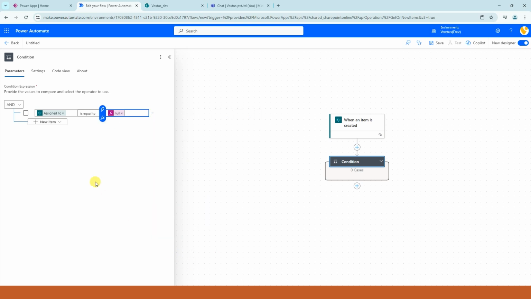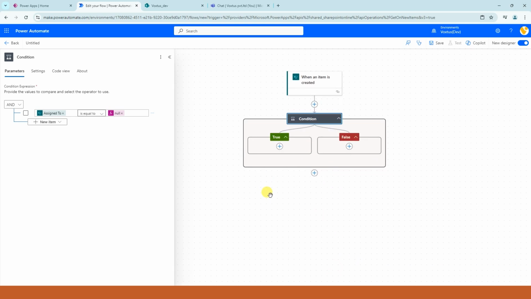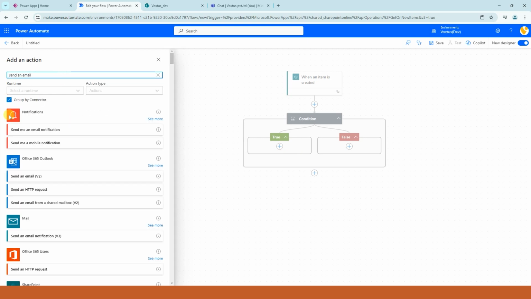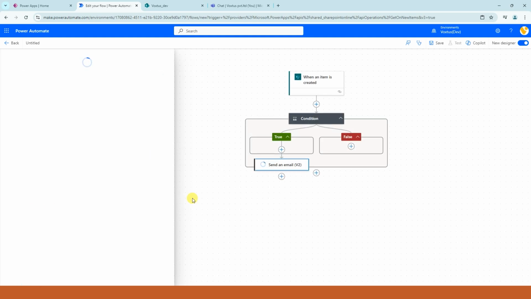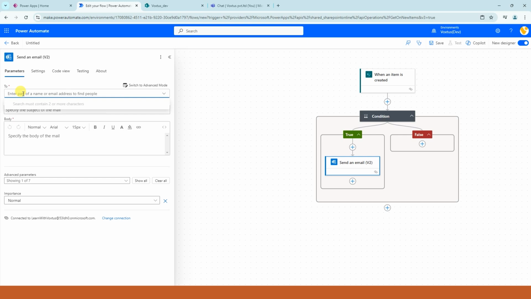If assigned to is equal to null, then what are we going to do? Based on the true and false condition, we are going to send an email. So if assigned to is equal to null is true, then we are going to send an email. To whom are we going to send an email? We are going to send an email to Voxes,